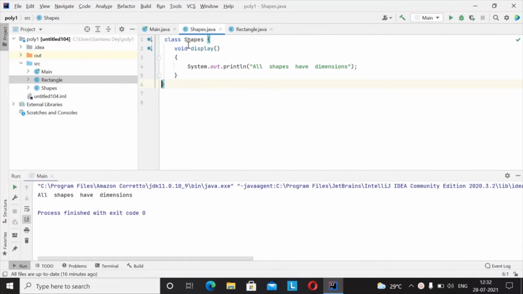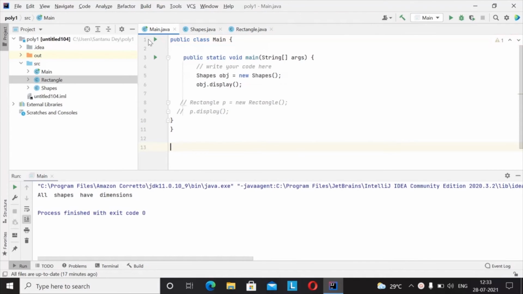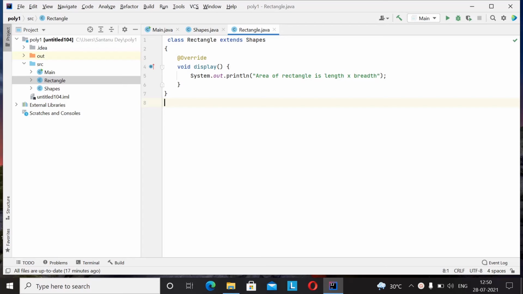Let me explain you the concept of method overriding with the program. First, I create a class shapes and then I create a method named display within it. The method prints all shapes have dimensions. As per overriding concept, two or more methods have to be created with same name but different class. Hence, I create another class rectangle.